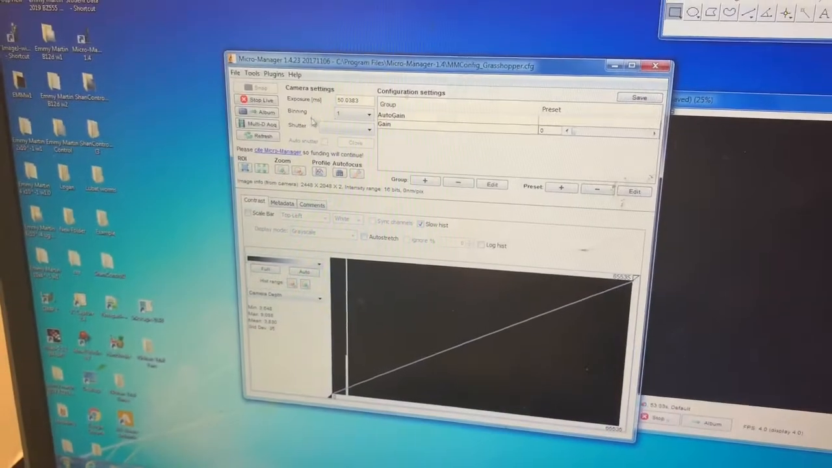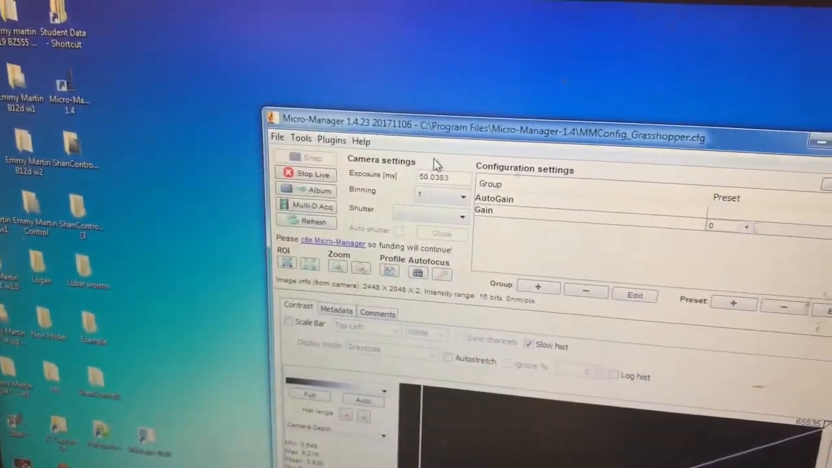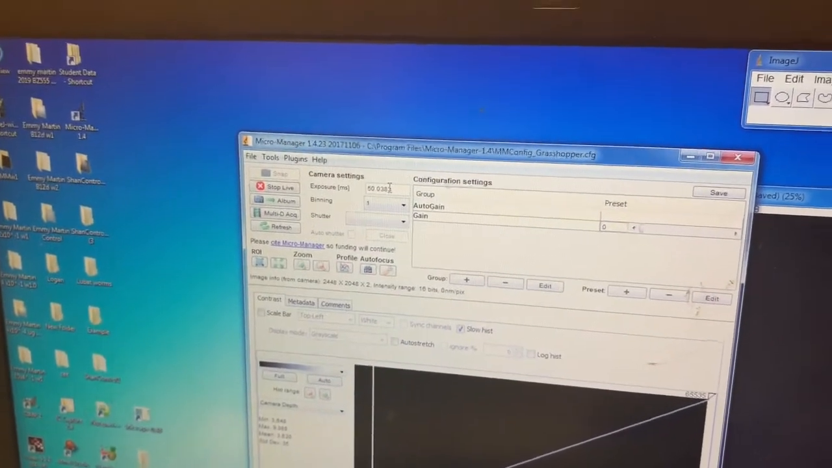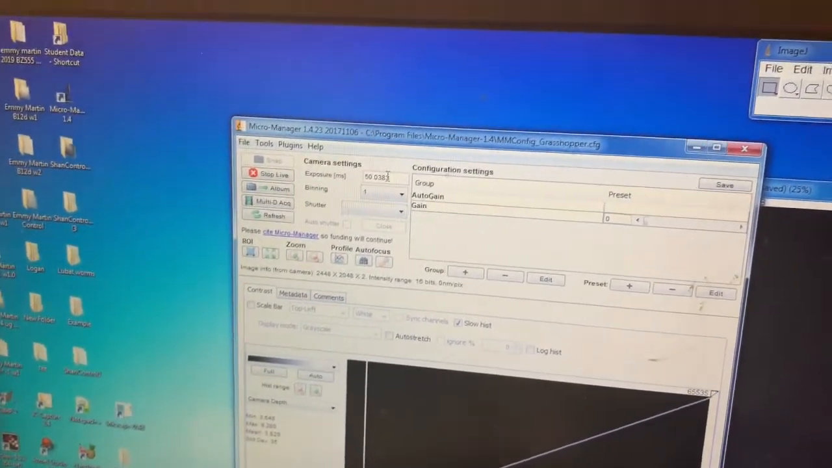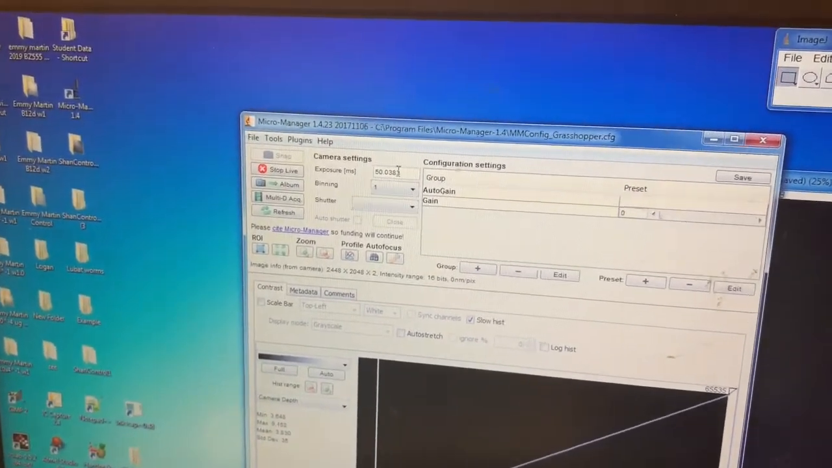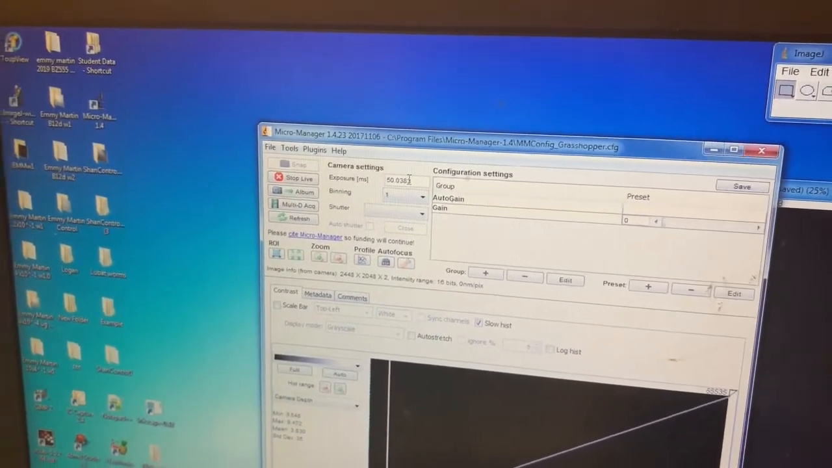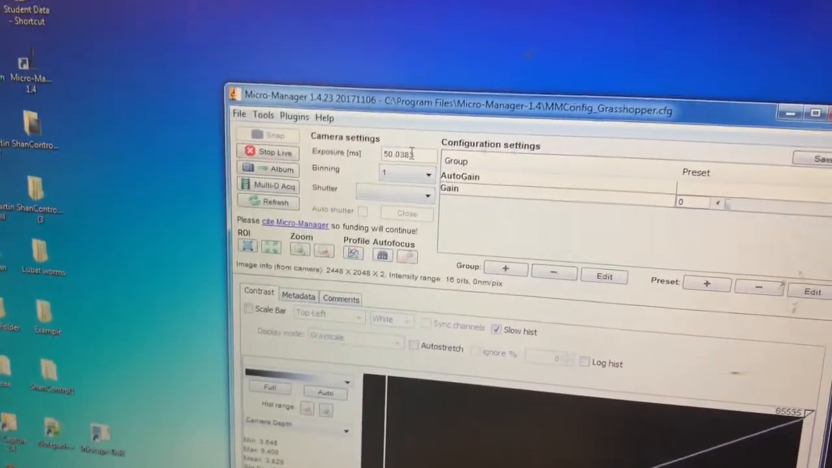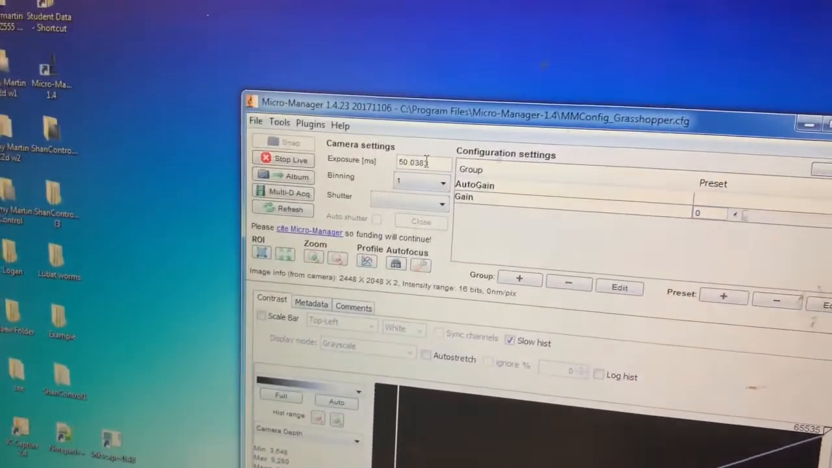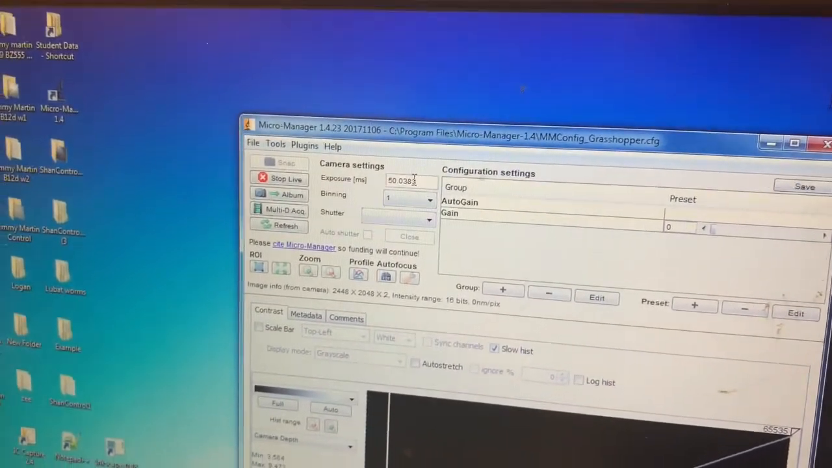So once you have the live up, right here in this corner there's exposure time. What that basically does is it opens and closes the camera faster while it takes a picture. If you have high exposure time, that means that you have no light at all, so you want the camera to be open to get all the photons. And if you have a low exposure time, that means there's a lot of light, so you want to close the camera as fast as possible in order to get the least amount of light and have a